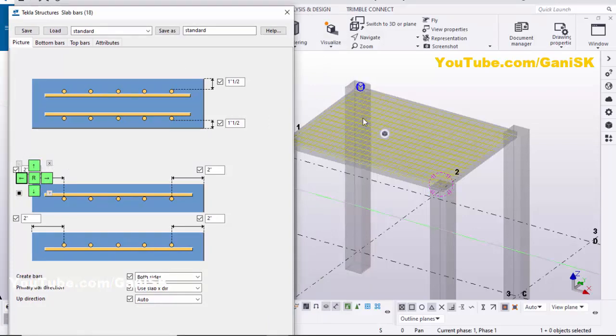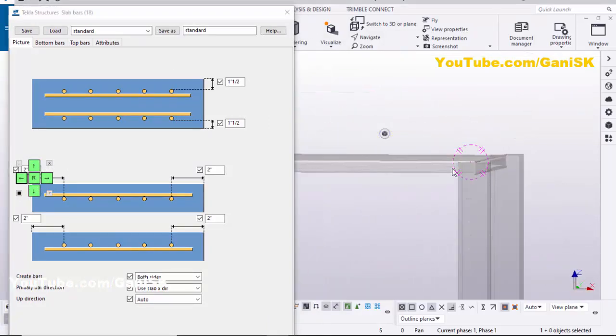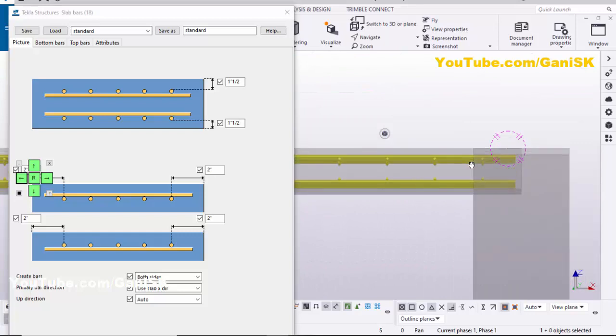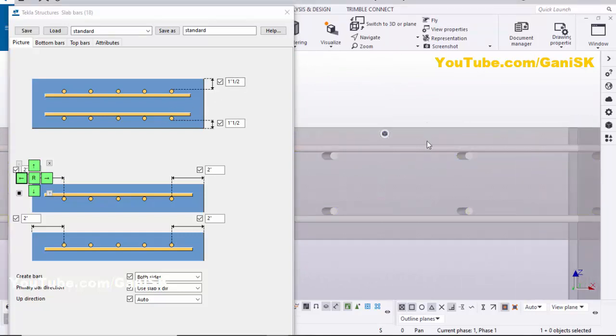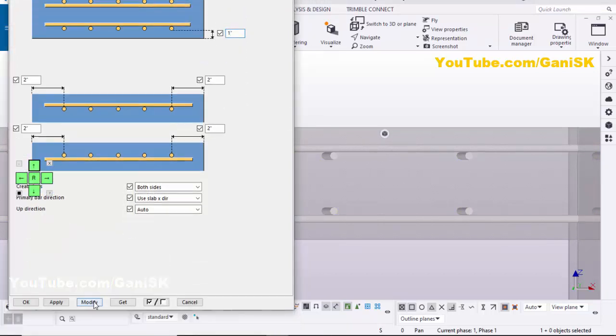Okay, now we're going to see the first option. From this option you can adjust the spacing between this reinforcement and the edge of the slab. Currently, by default, we have 1.5 inch. Now we're going to change it, so select this reinforcement, let's take 1 inch, then click on modify to see the result.